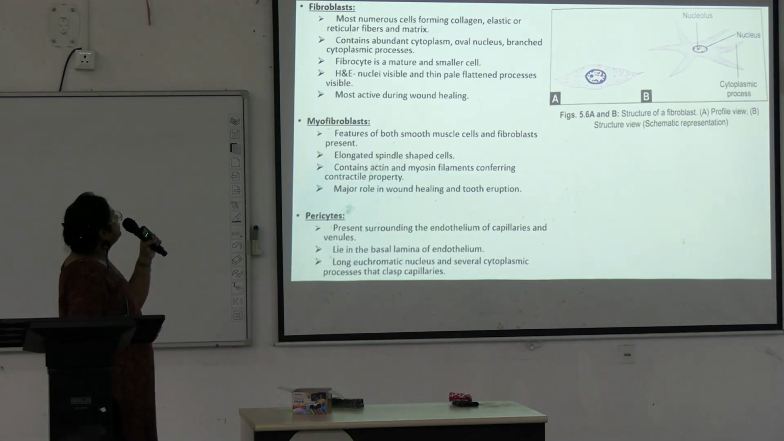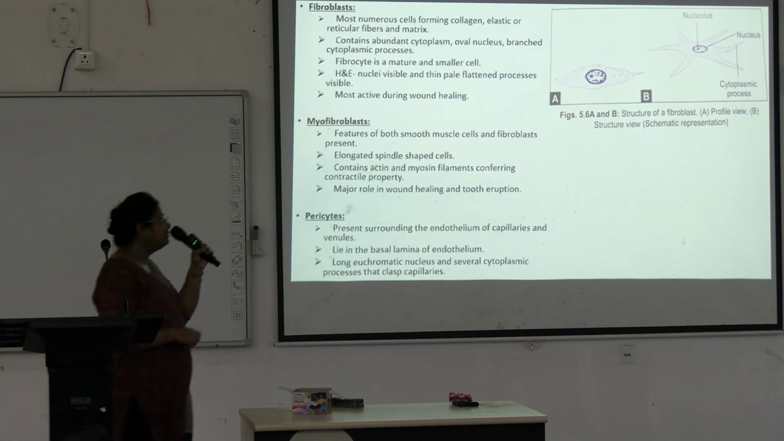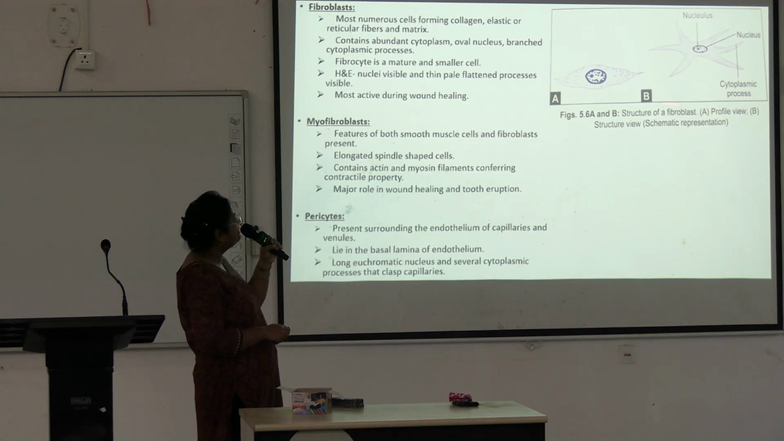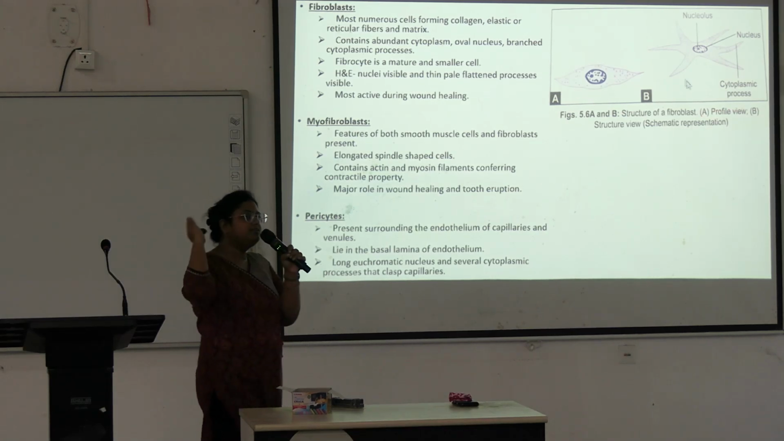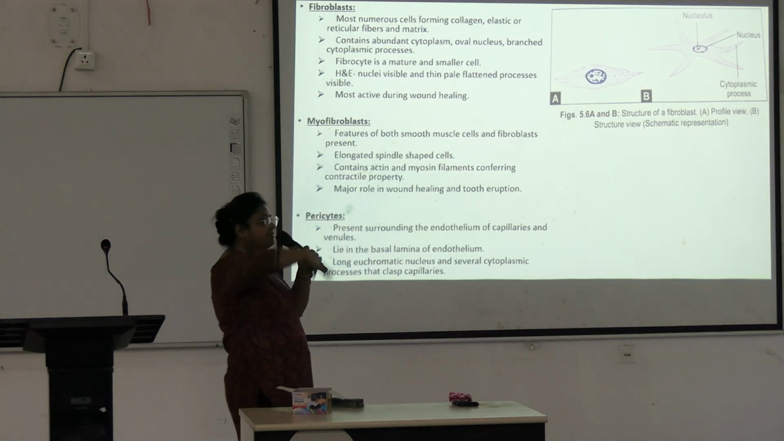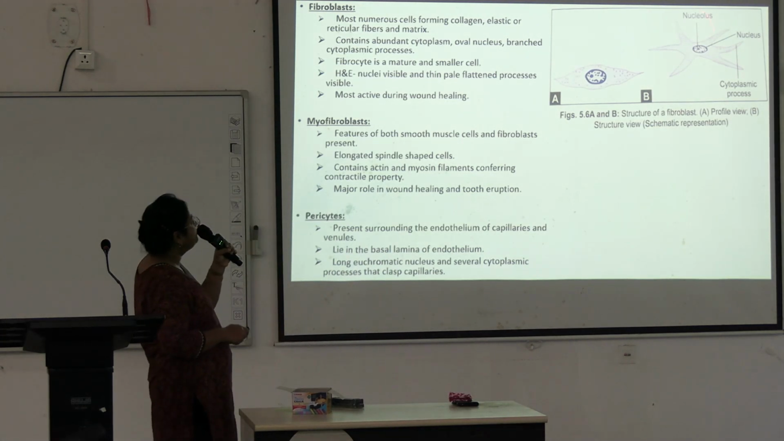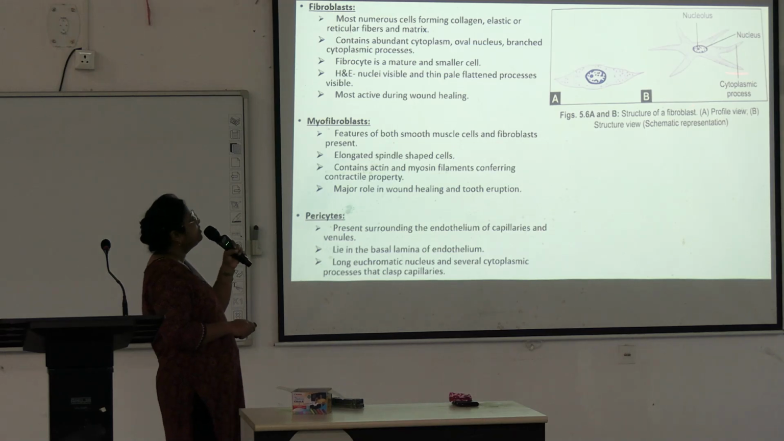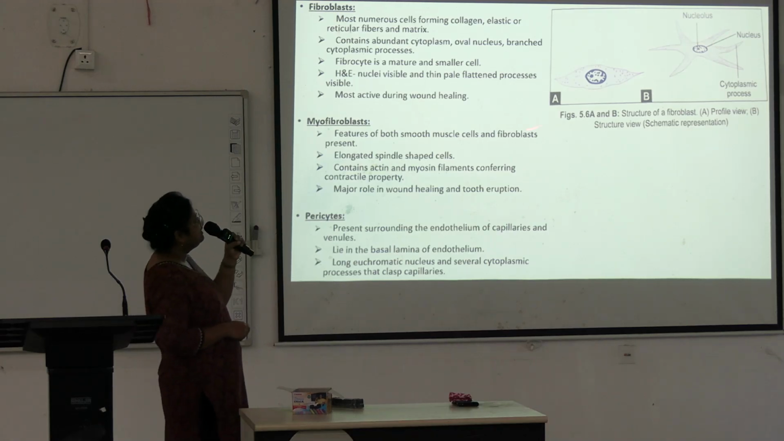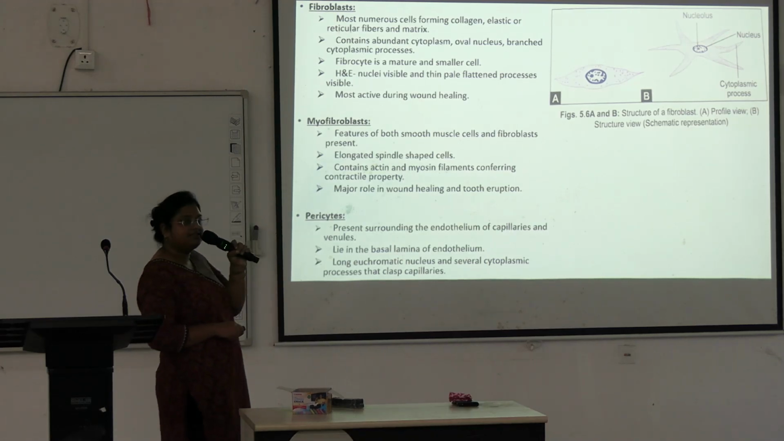So first we are going to fibroblasts. See here, this is one fibroblast. Structure of a fibroblast. A is the profile view. Profile view means seeing from the side. And this is seeing from above. It has multiple cytoplasmic processes, one nucleus and cytoplasm. So if you see this cell from the side, it will look spindle